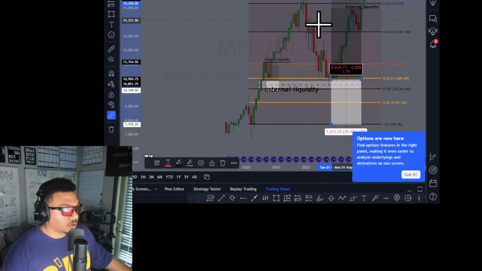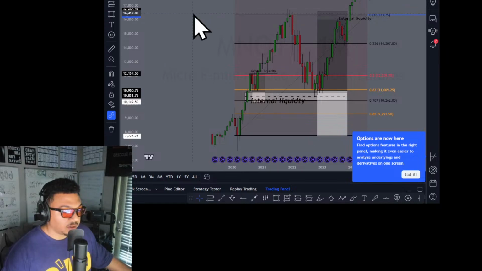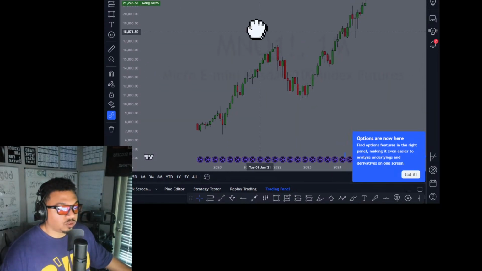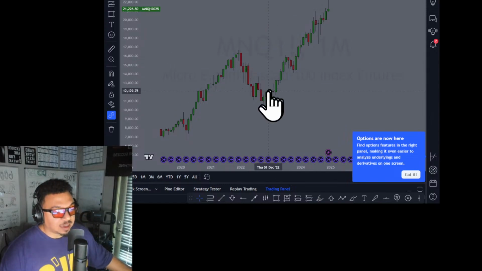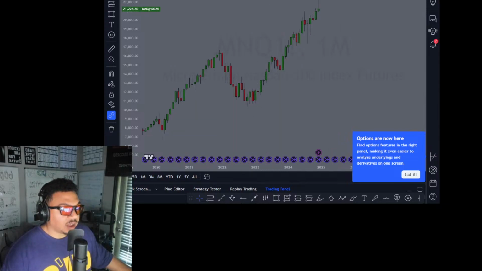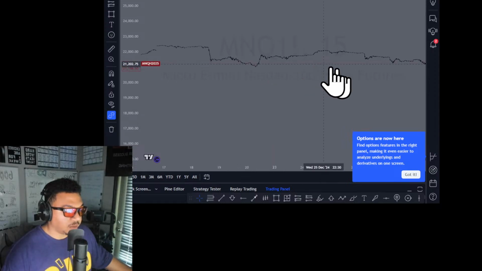Right? So back to this chart. Let's pause this. Back to this chart, I'm going to erase everything off of this. So once you've come to a chart and from a higher time perspective you mark up liquidity, then you can go on a lower time frame perspective and take advantage of that narrative on the lower time frame, right? So let's just say hypothetically we're on the 15-minute. We're going to jump back down to the 15-minute because it is all relative.